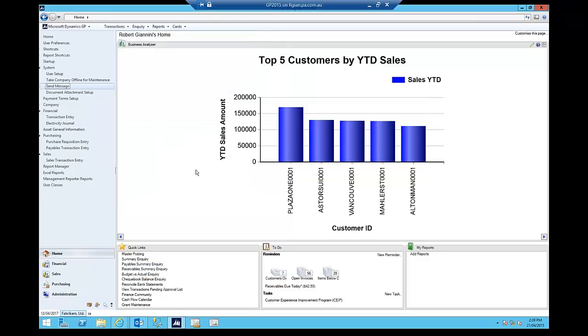I'm going to come out of here. And so that sort of covers some of the functionality they've added around that system area. Now one of the areas we said we're going to talk about is